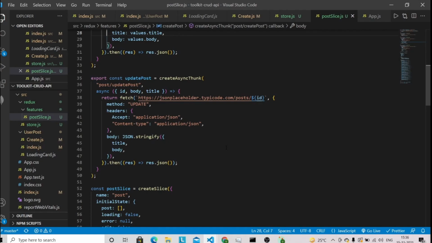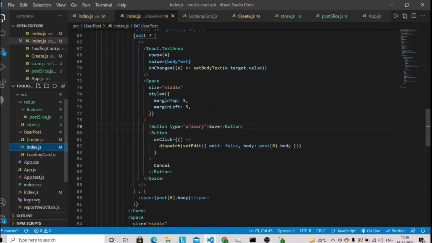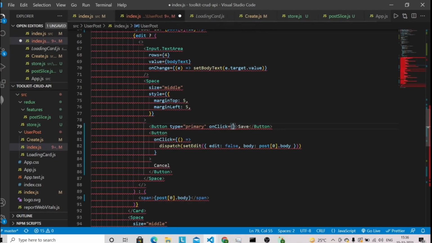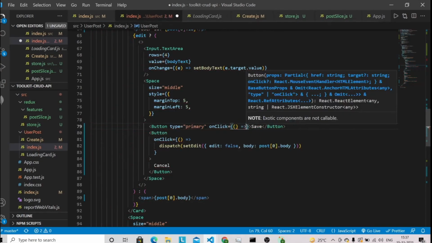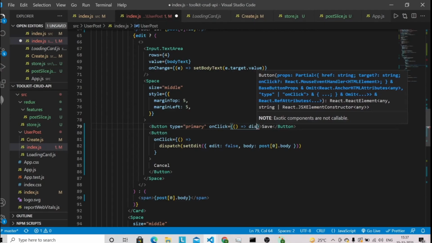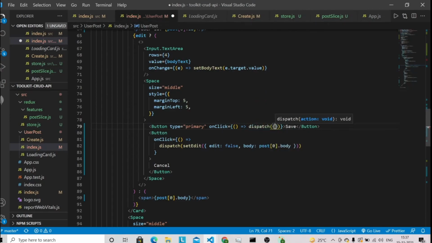Now we have to make a small adjustment in our index.js file. Let's go back to the index.js file, and we have to dispatch an action when the user clicks on the save button. So we provide an onClick method here, and dispatch the update post action.